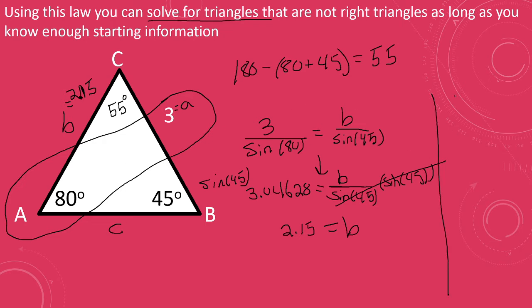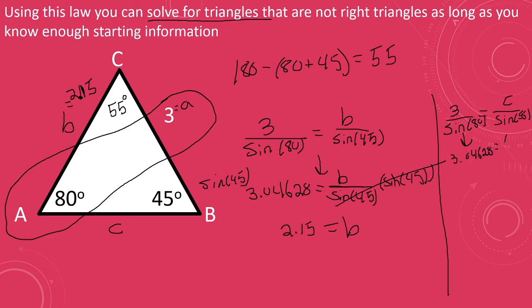So I would start with the same fraction, 3 over sine 80, because that's the pair that I knew at the very beginning. I could technically use this fraction now that I know what side B is. I could replace B with 2.15. But again, use the numbers they give you at the beginning. That way you know you're using the correct values. Sine of 55. Now we already know what this is going to come out to be. 3 over sine of 80 is going to be